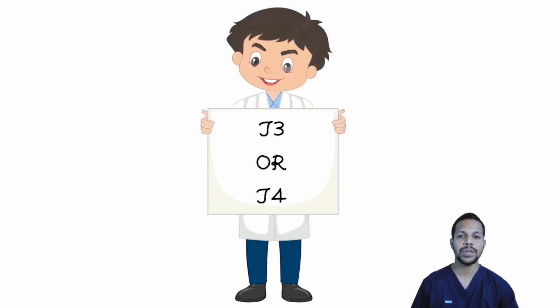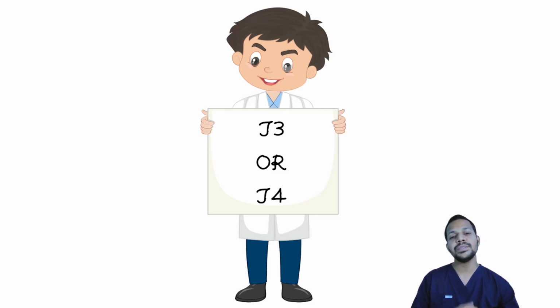Now that we reached different causes of hypothyroidism, let's look at the treatment part. The first question that arises is whether to treat the patient with T3 or T4. T3 has a short half-life of 3 to 4 hours and T4 has a half-life of 3 to 4 days. T3 is the active form and T4 is the pro form and the storage form.